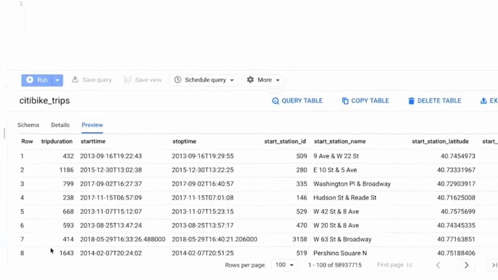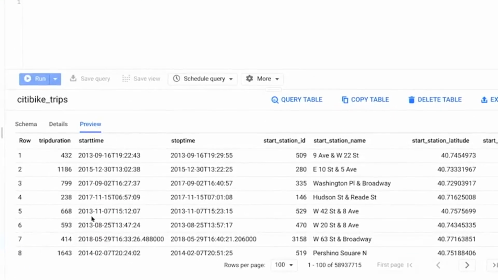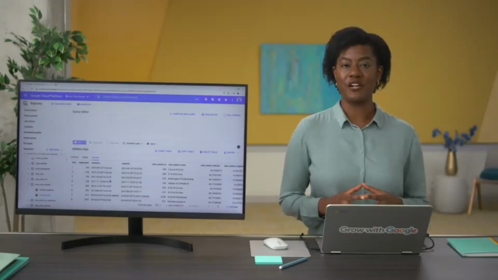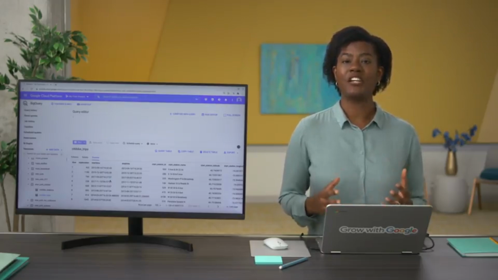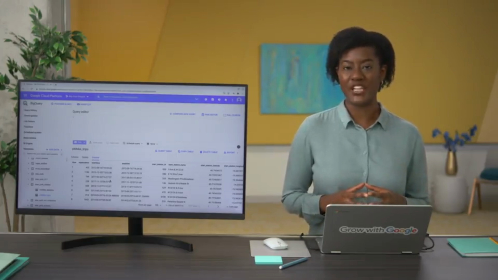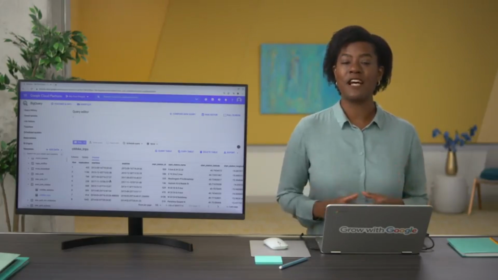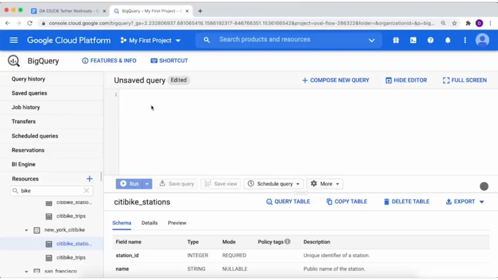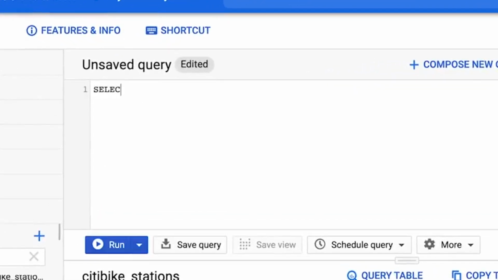This data has several columns, but for this task, we only need the start time column. Since this data set isn't organized by date and the start time column isn't organized by year, we'll need to include steps in our code to organize it. We also want a total number of rides each year, so we'll need to include a calculation in our query for this. And depending on the questions we've been tasked with answering, this might be the first step of many in our analysis. We'll start our query with the select command.